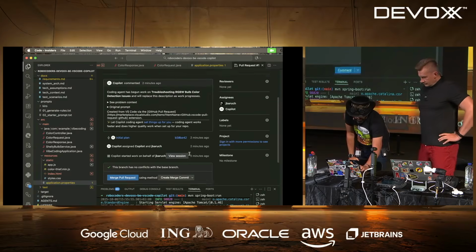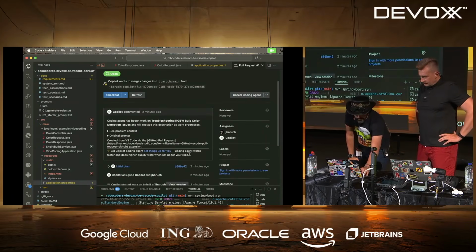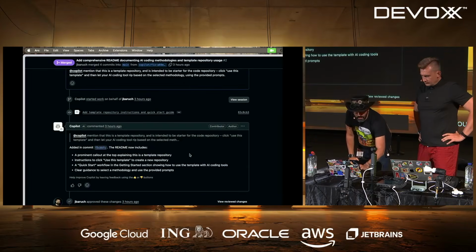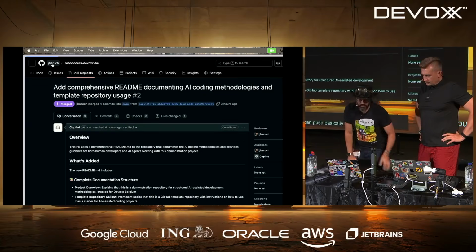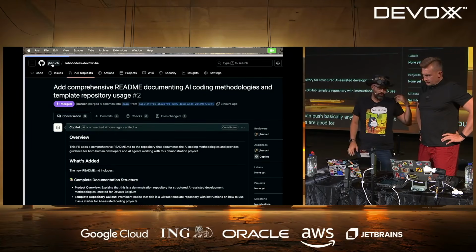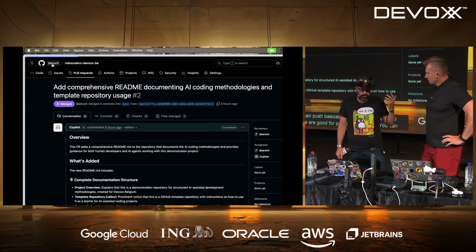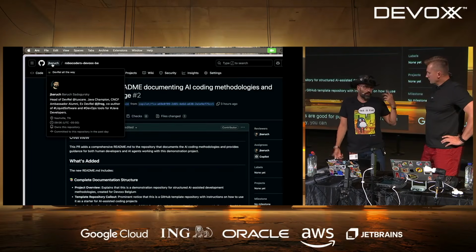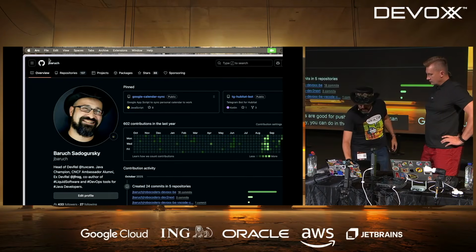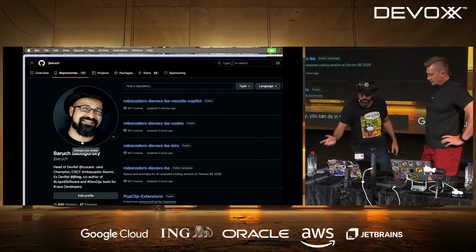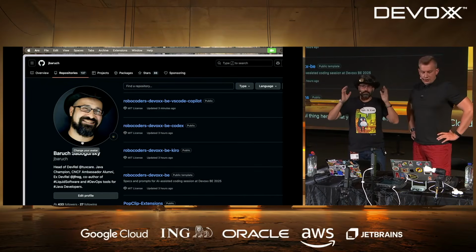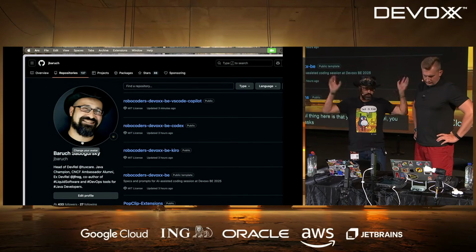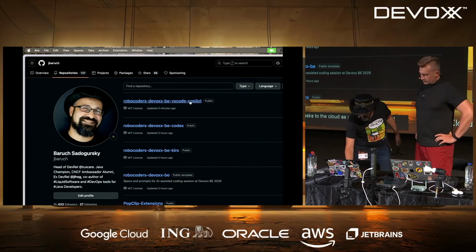Where's the commit? What kind of tasks are you using mostly with this pushing? So you can push basically anything, right? So the question was, what kind of tasks are good for pushing to GitHub? You can push anything that you do locally. You can do it in the cloud as well. The beautiful thing here is that you can do it in parallel. You can assign as many tasks to the cloud as you want, to different repos, and it will all do it in parallel.